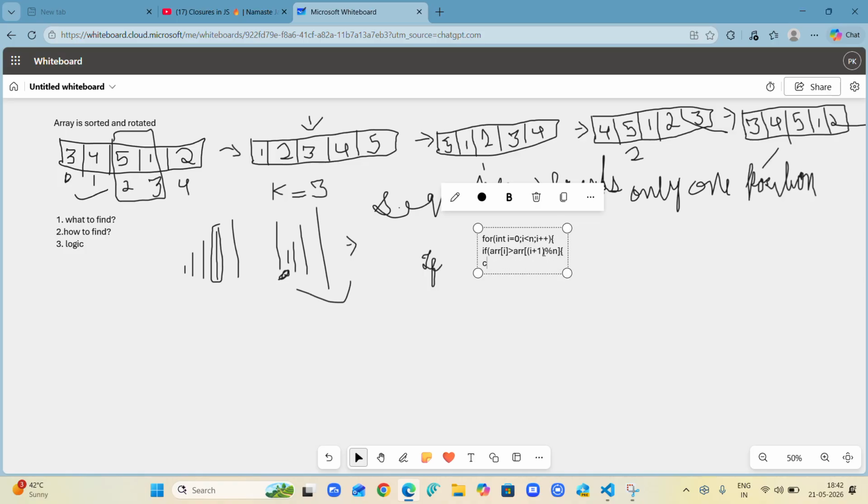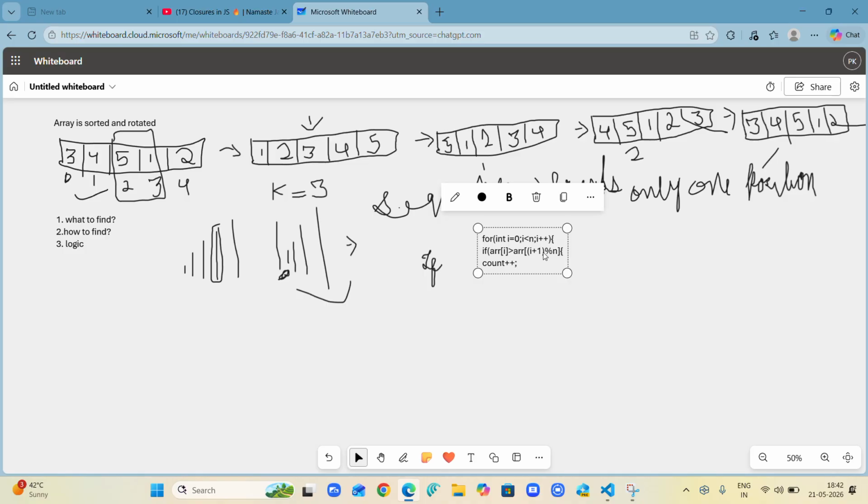Count is one variable which we are going to declare and initialize with 0. When array[i] is greater than array[(i+1) % n], then the count is going to increase by count++.